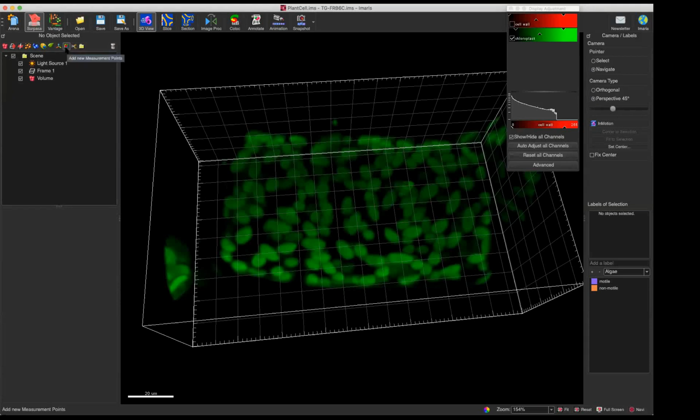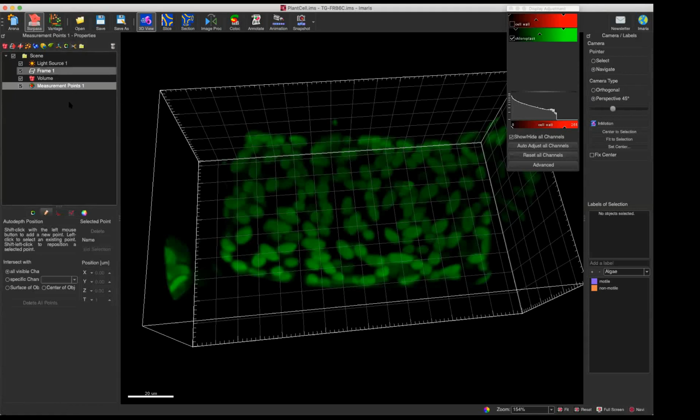So if you want to use the new measurement points, you can find it here on the object list. Above here, there is a shortcut, add new measurement points. So you just click on that icon and this object will be added into the object list. So here, Imaris gives you a brief instruction of how to add the measurement points. Basically, you have to switch your pointer to select mode, and you will see this